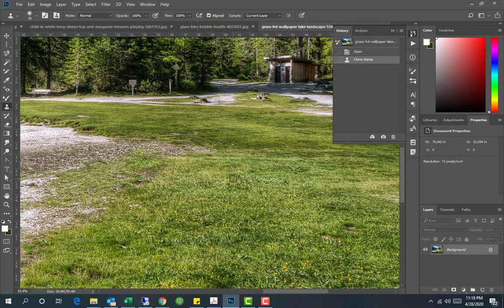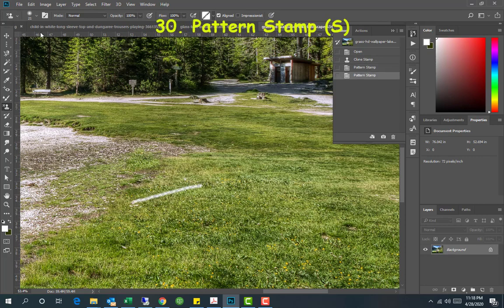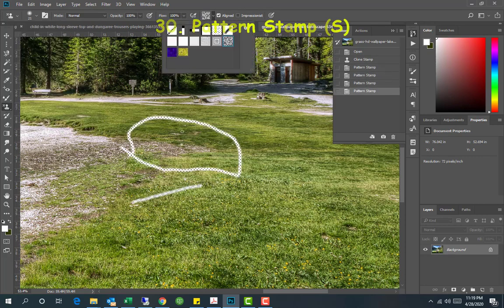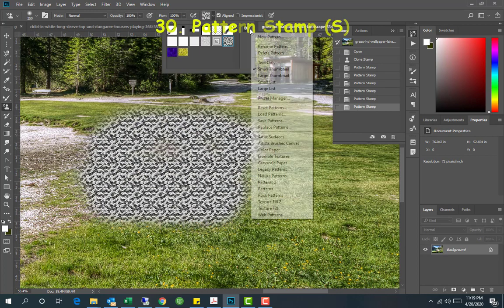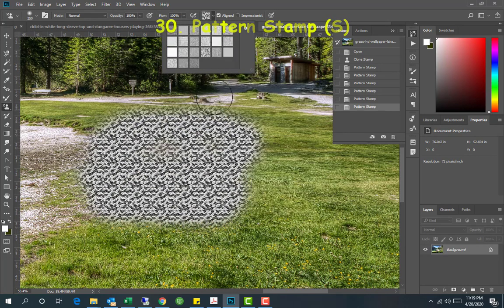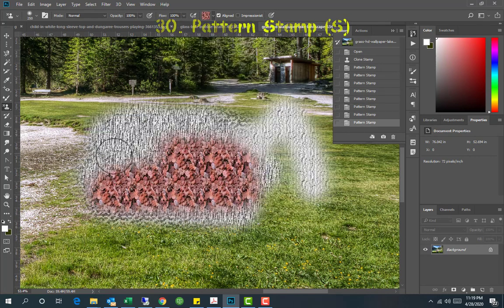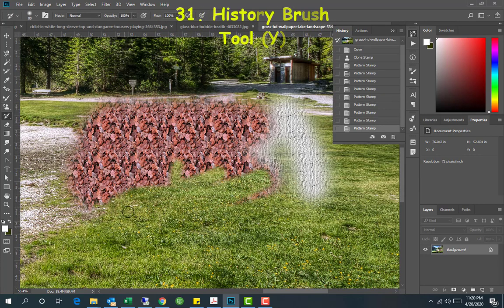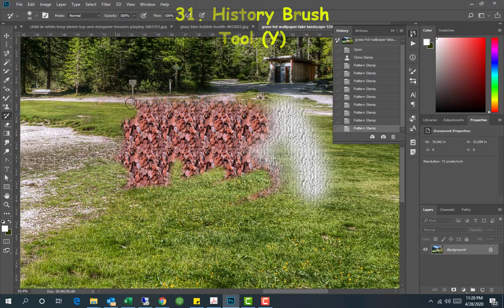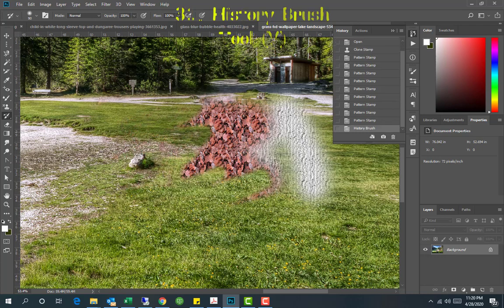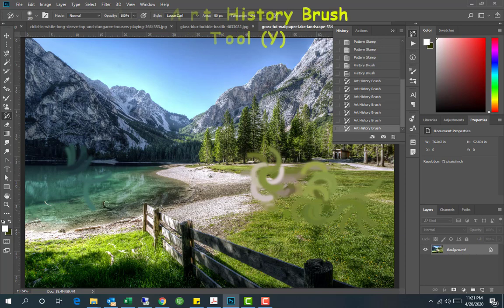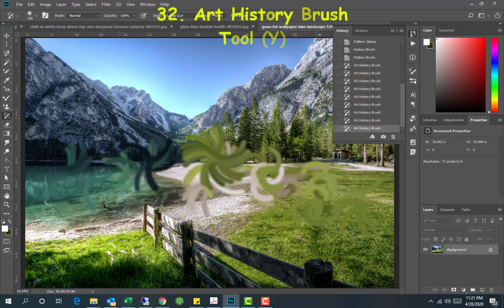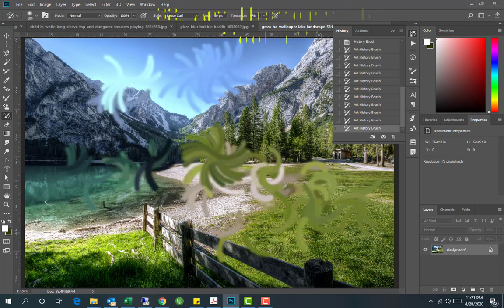Pattern stamp tool is used to draw a pattern over the desired area. From here, different categories of pattern can be selected. Furthermore, patterns can be loaded and appended as well. History brush tool undo the changes made. Simply move this tool over the area which you want to undo. Art history brush tool captures the color from background, then draw different artistic designs.